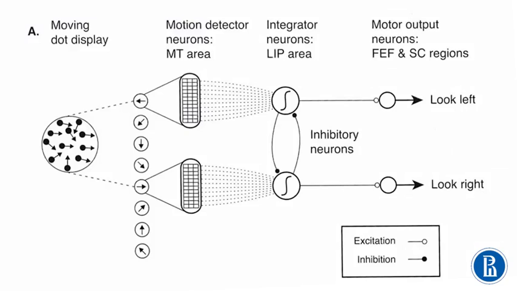In the diffusion process, first, the sensory information is detected by the neurons in the area MT. Next, this information is integrated by the neurons in the area LIP, and these integrators affect each other and inhibit alternative decisions. And finally, when the activity of the neurons in the area LIP reaches a threshold, the decision is finalized.